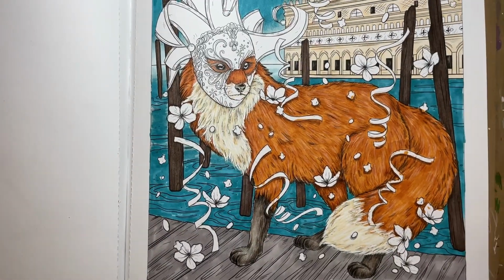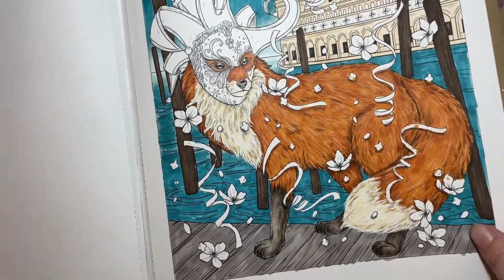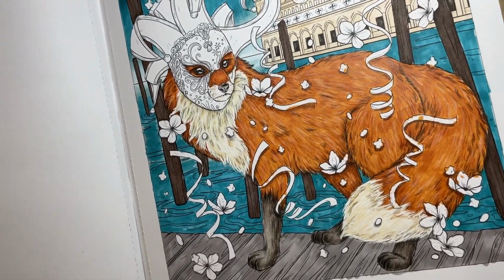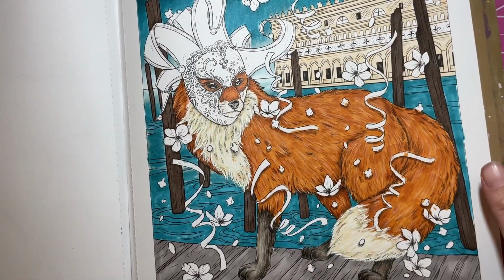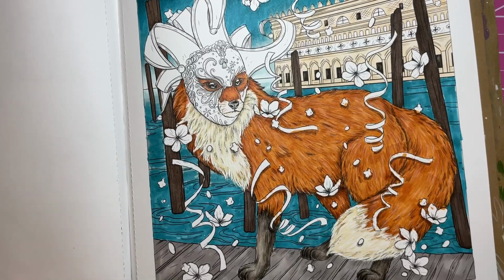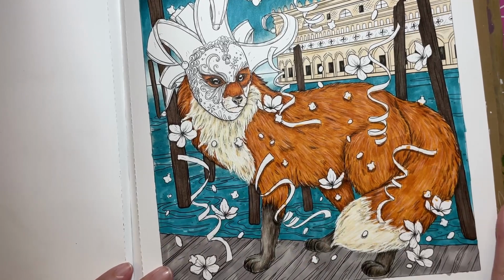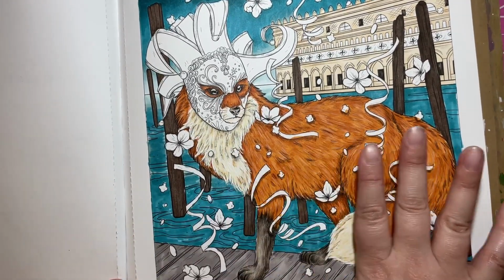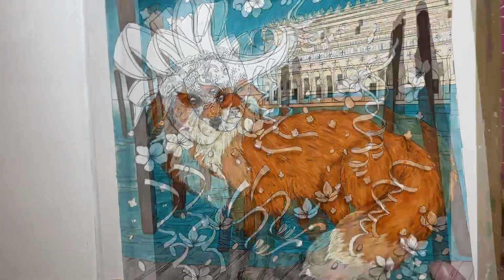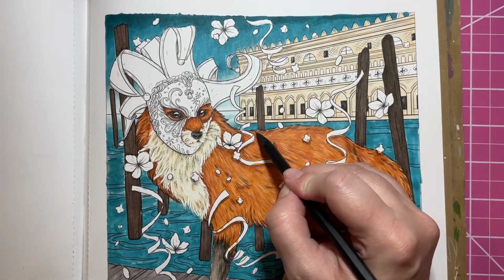All right, so here is the finished fox. I think he looks pretty cute. I can't wait to work on this some more and try to get it all finished. I'm hoping that I'll be able to do that before the end of the month. So keep an eye out for my completed pages from July later on this month. So yeah, I just used those same pencils that I had been using for the rest of the fox fur. So there he is. There's Mr. Fox. I really like the way he turned out,